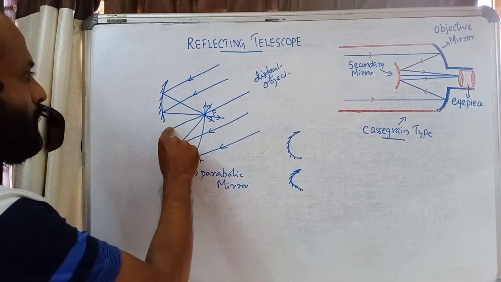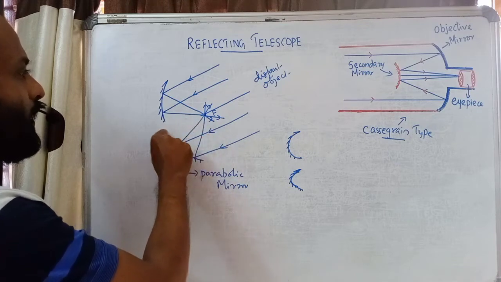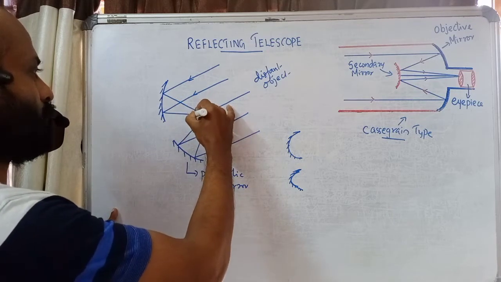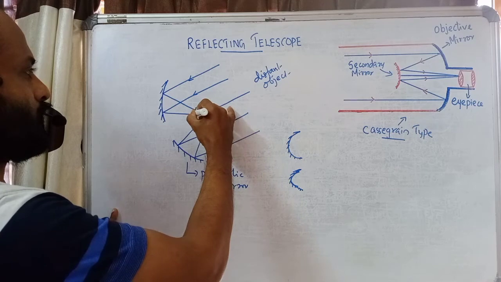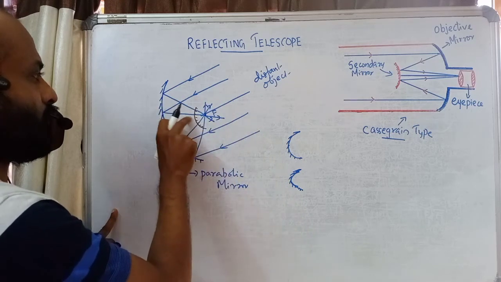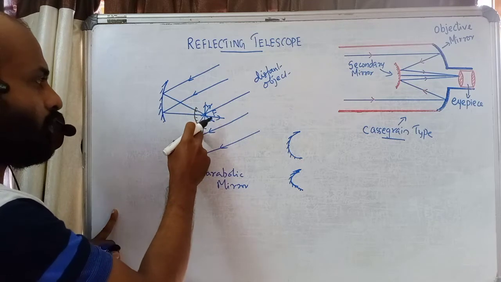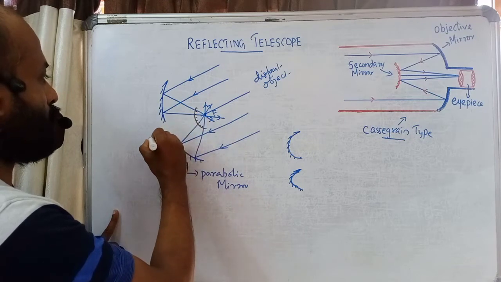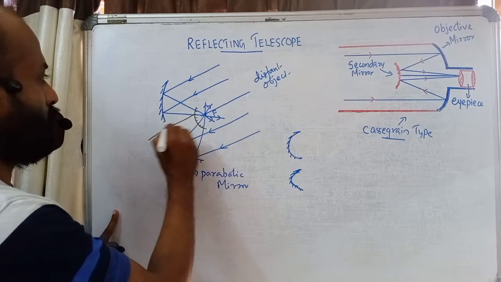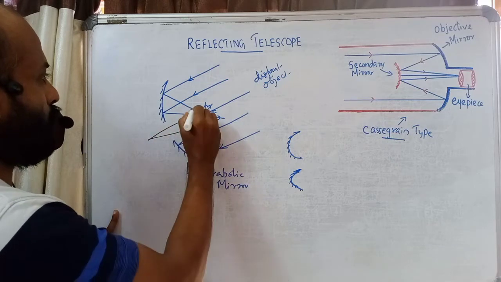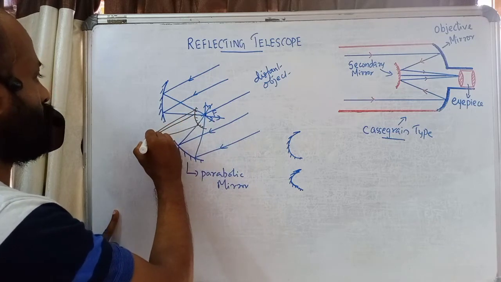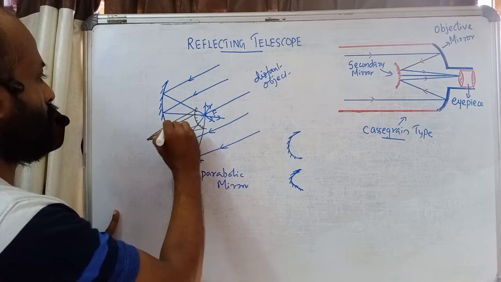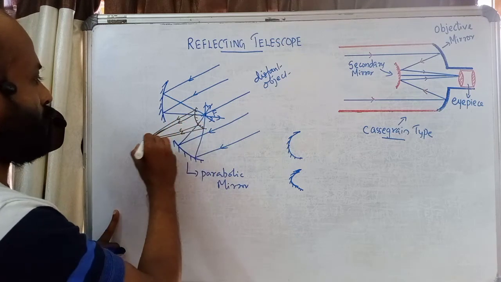Now, if we make a small hole here, and place a suitable size convex mirror here, this is a convex mirror. The curvature of the convex mirror is arranged such that all these light rays, after striking the convex mirror and reflecting, will meet at a single point here. This light ray also will come to this point after reflection. So after reflection, all the light rays collect at this point.